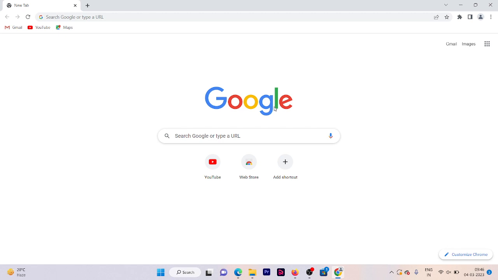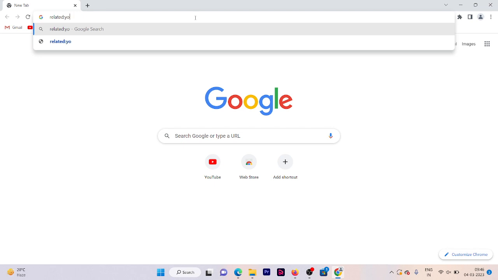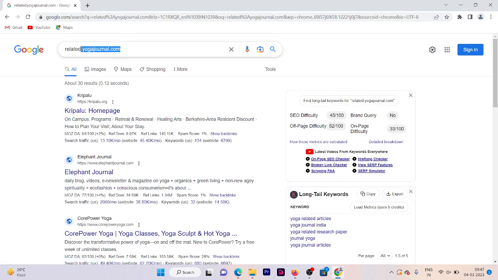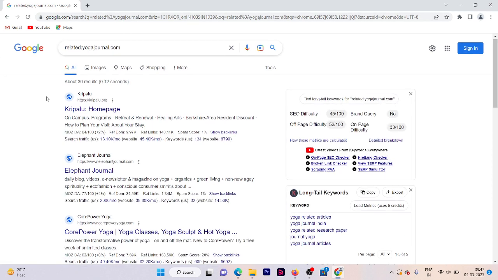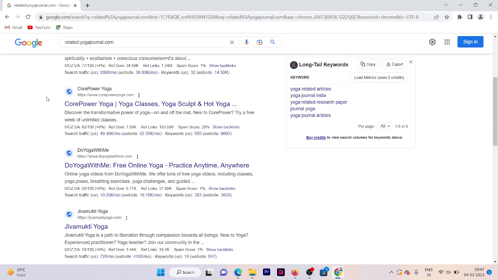If you are looking for information related to a certain website or a topic, simply use the related operator. For example, if you are researching the benefits of yoga, you could search like related colon and then the website URL. Now press enter. Now you will get the results which are related to this website. If you see here, all the websites are related to yoga and they are describing how yoga is beneficial